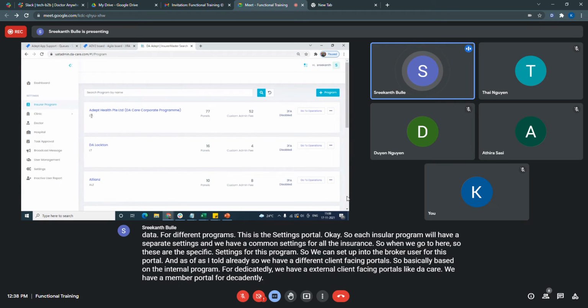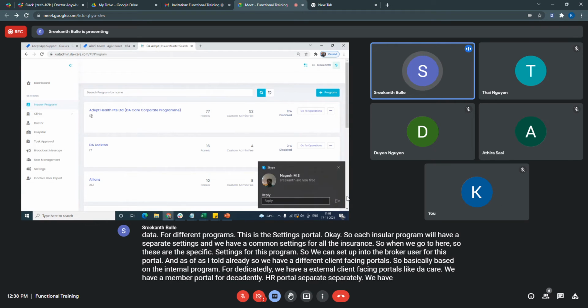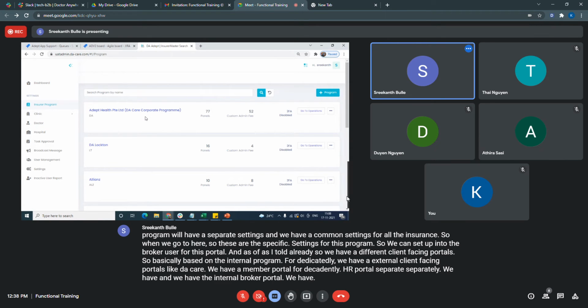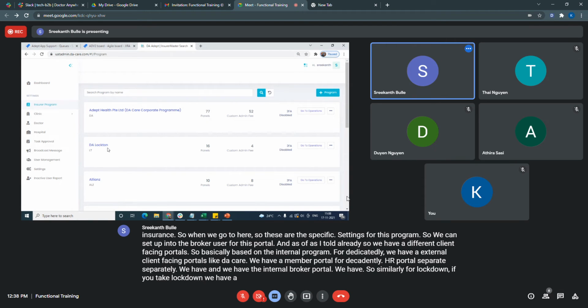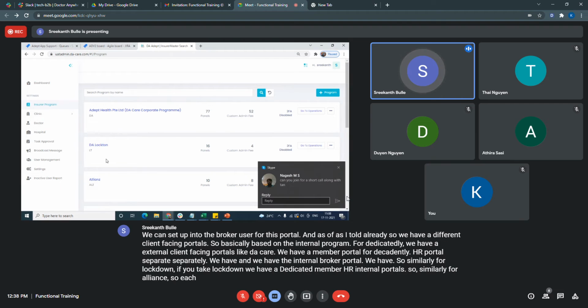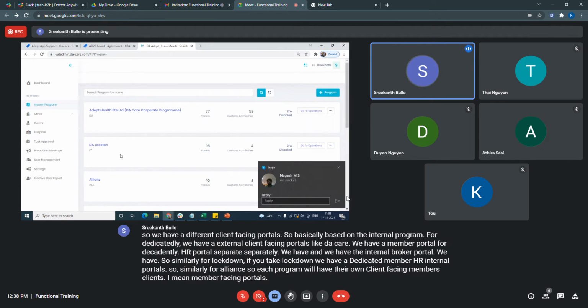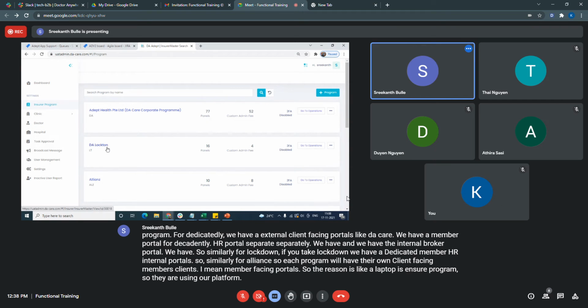HR portal separately we have, and we have the insurer broker portal. So similarly for Lockton, we have dedicated member, HR, insurer portals. So similarly for Alliance, each program will have their own member facing portals. So the reason is Lockton is an insurer program, so they are using our platform.